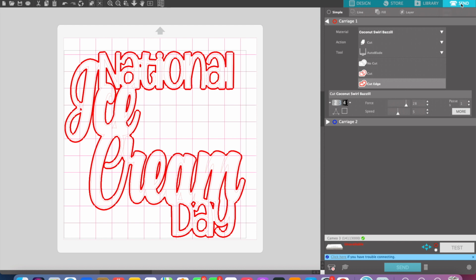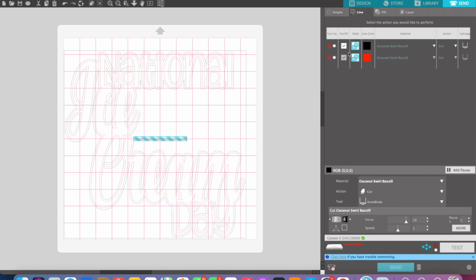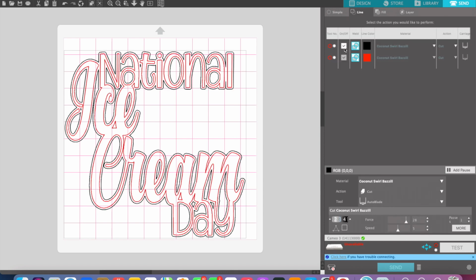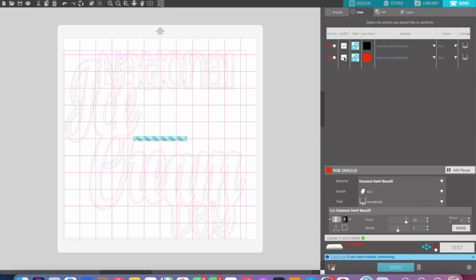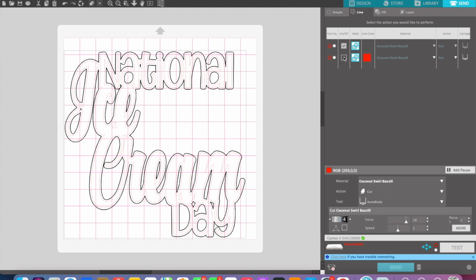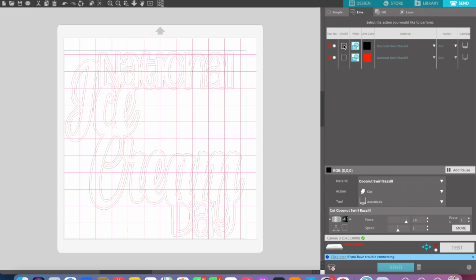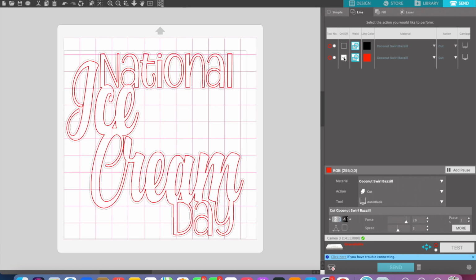my send panel where you send it to your machine, and I am looking at just the line. I go to the line tab and I'm just selecting the line that I want to see so I can look at what it's going to cut like. So there is the outline, and you can see everything is attached. The I is attached to the N, the A is attached to the L, and then I go to the